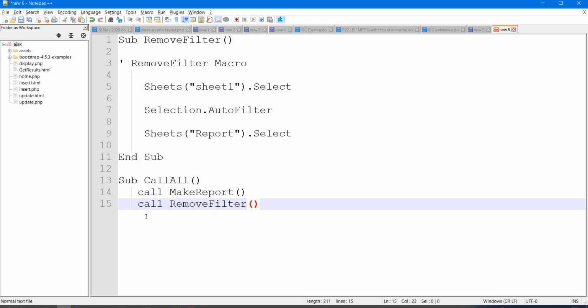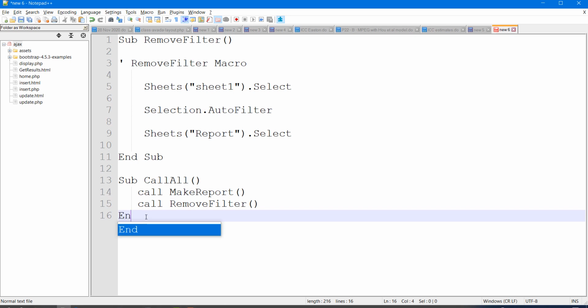And after that, if you have any other macro, you can call it as well. So call is a very useful function which enables you to run macros in a sequence. And after that, I end this macro. So end sub.